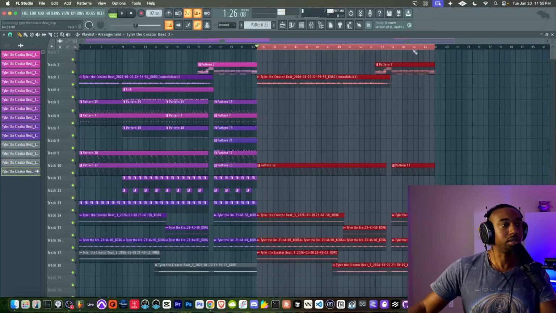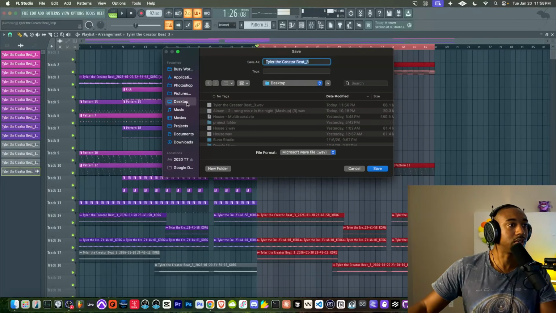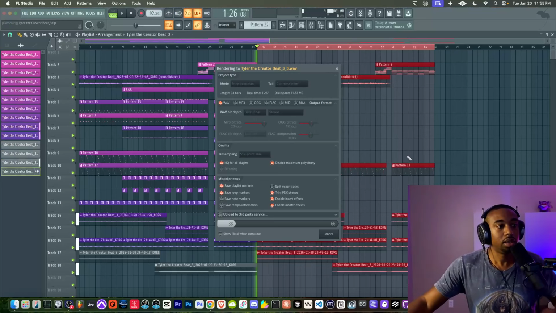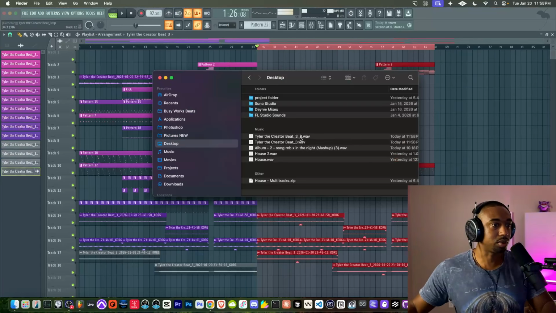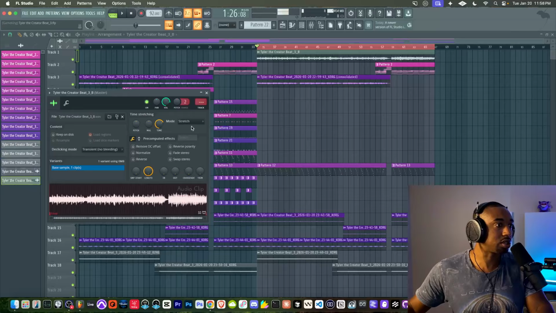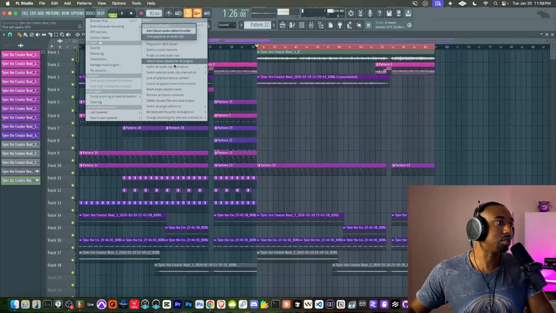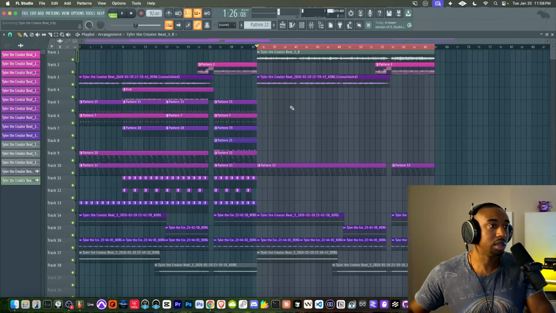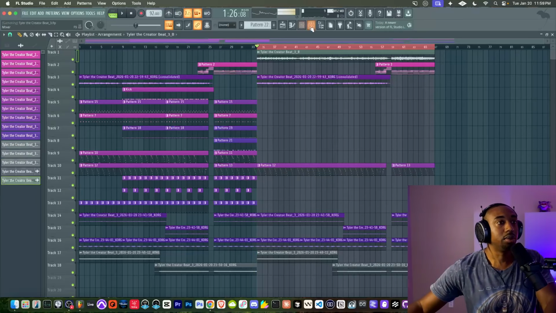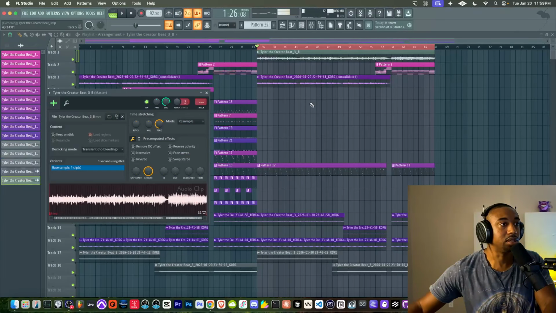So I'm just going to render just this so it saves time here. Let's go to File, Export Wave. We're going to do Desktop, and I'll say B. Same process. We're going to drag the file into the project like this. Boom, double click, go to mode, stretch mode, switch it back to resample. Again, you got to make sure that before you do all this, you switch all audio clips to stretch mode so that when you change the BPM, it doesn't morph everything and get off time. All right, now we should be able to mute the beat mix and hear just this new track. So the new track, we can change the BPM.